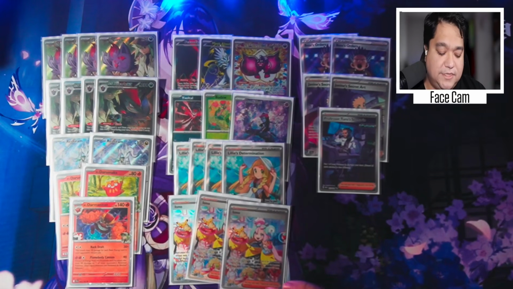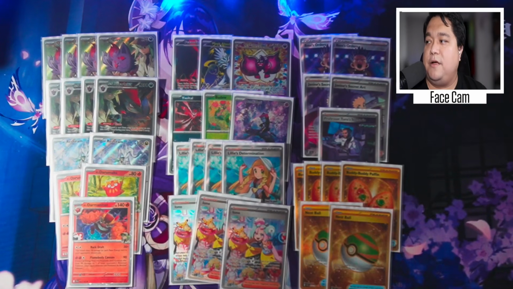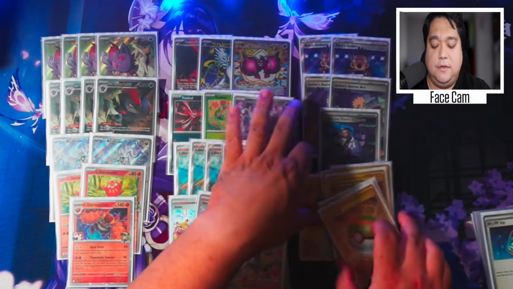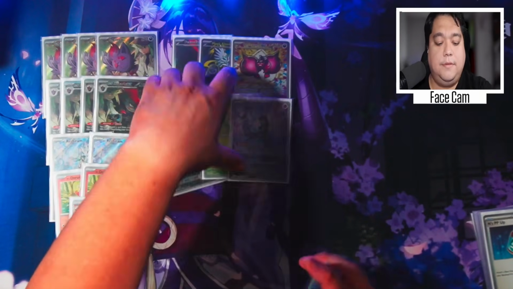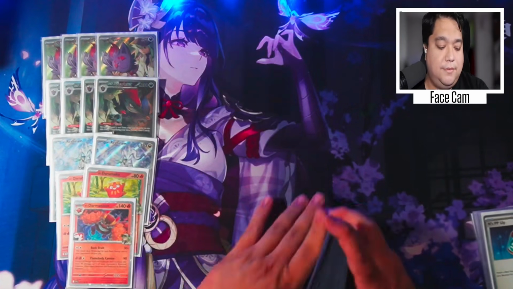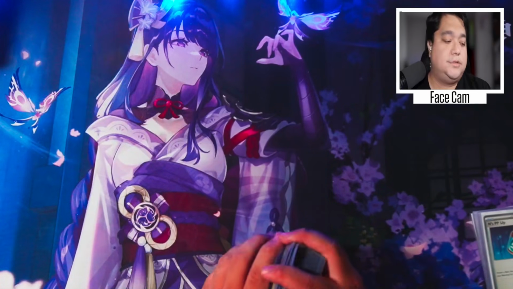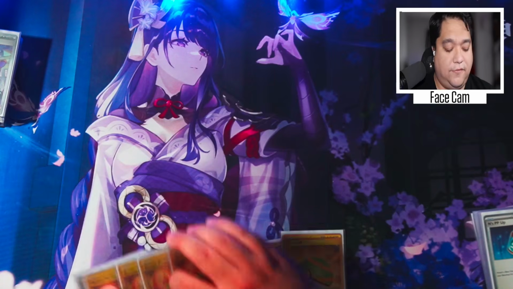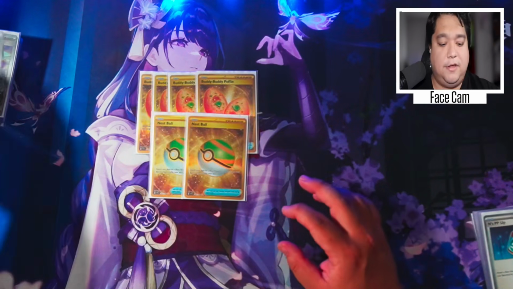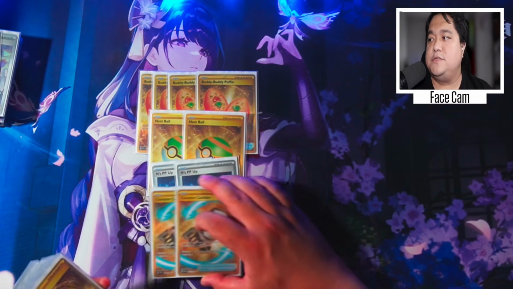And then for the items, I play 4 Buddy-Buddy Poffin, 2 Nest Ball. I play 2 Night Stretcher, 2 Ultra Ball, 2 Counter Catcher,